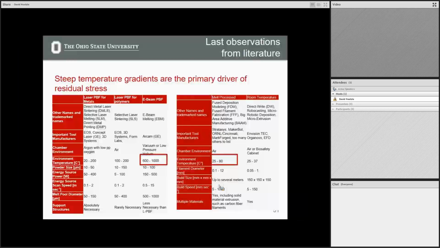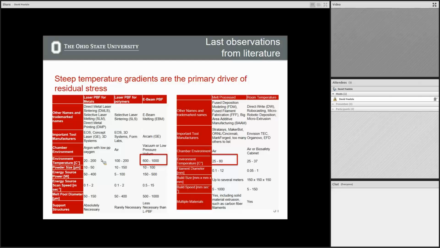Kind of going back full circle here, we discussed in the beginning that temperature gradients are the primary driver of residual stresses, right? So a lot of the efforts have been on how you can reduce your temperature gradients when you're building this part, such that you don't have such high residual stresses. So two things to note,